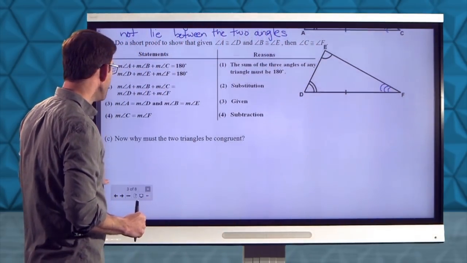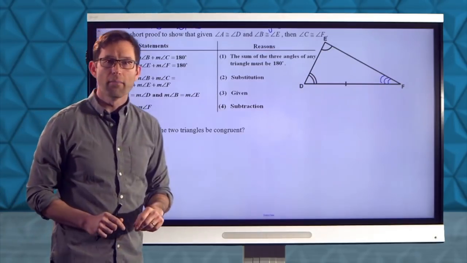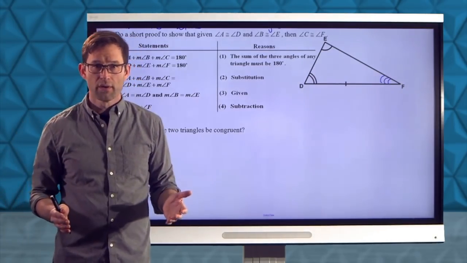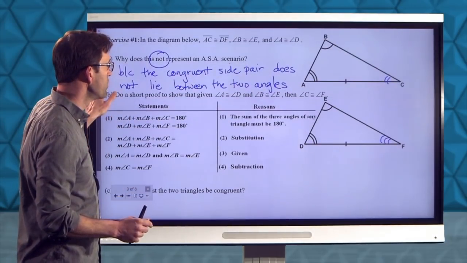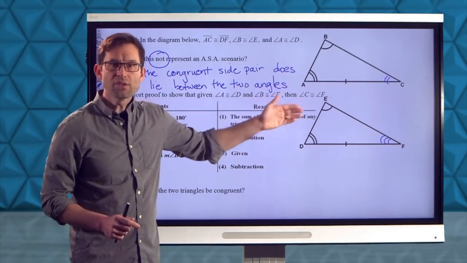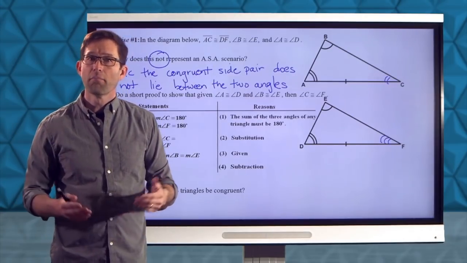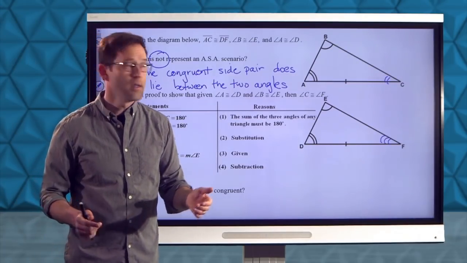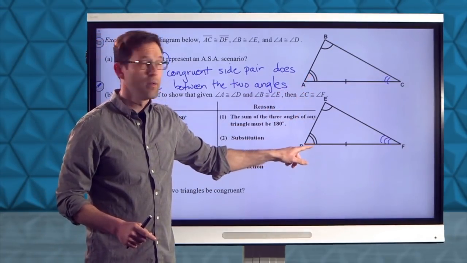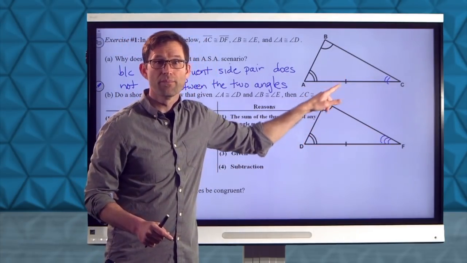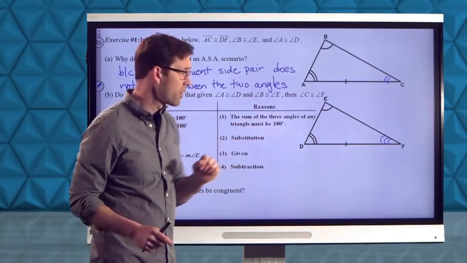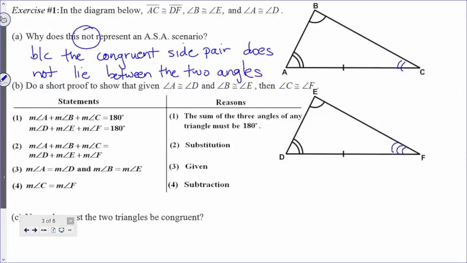So letter C: why must the triangles be congruent? Why must these two triangles be congruent? Well, let's take a look at the diagram. I kind of moved it off. These two triangles must be congruent now by angle, side, angle, right? Because we have an angle equal to an angle, another angle equal to an angle, and the side in between them equal to each other. So the two triangles must be congruent